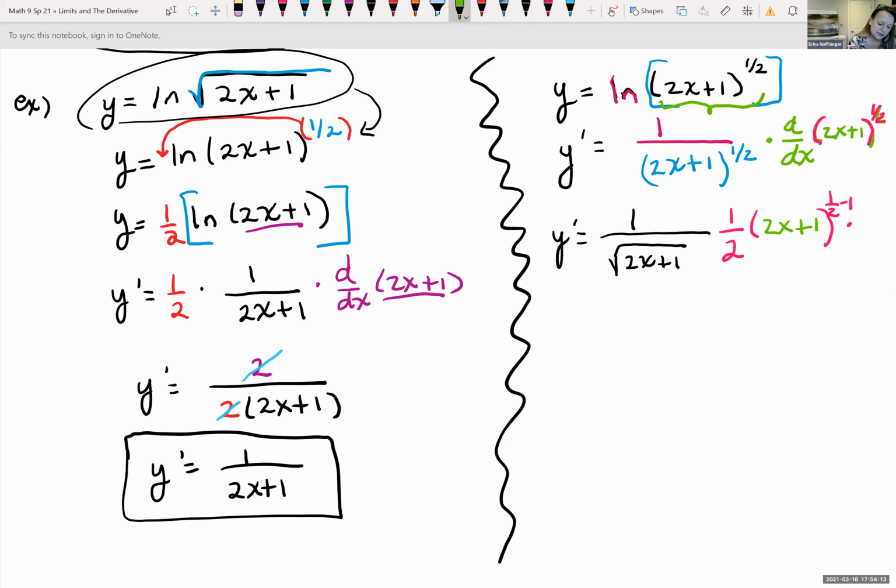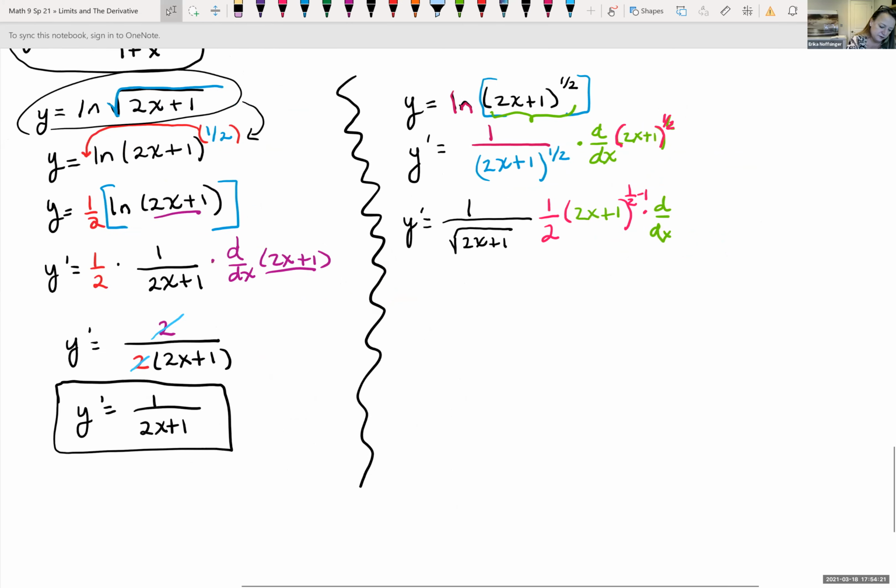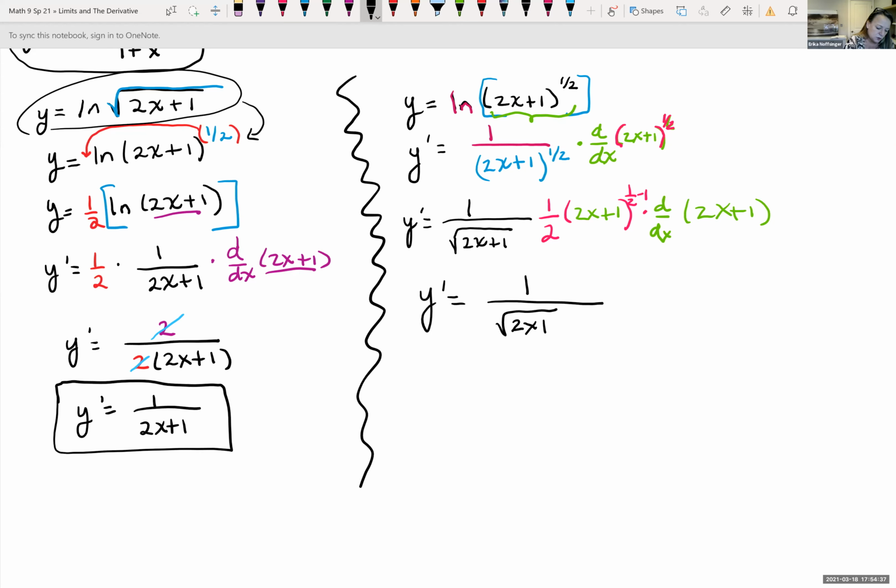So times, I still haven't taken the derivative of the inner in this piece, d dx of 2x plus 1. So rewriting it, y prime equals 1 all over, I guess we'll leave it, square root of 2x plus 1